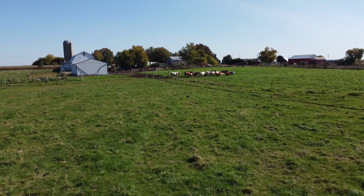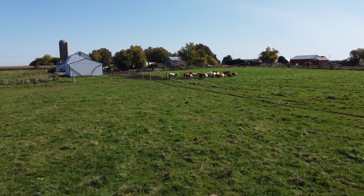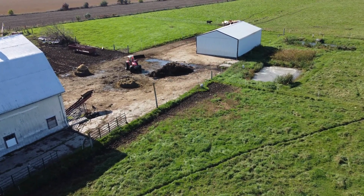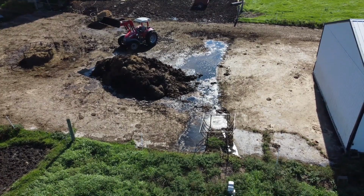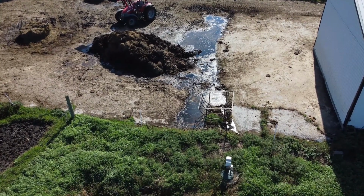So which is very important to us to ensure that we maintain good water quality. On our farm, our cattle are kept in a paddock area where they're fed and grazed, and there is a lot of manure generated on this concrete pad. And because of rains and the liquid portion of the manure, it was just running off into the field,